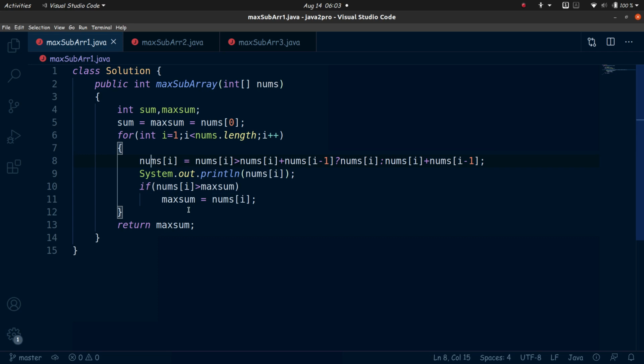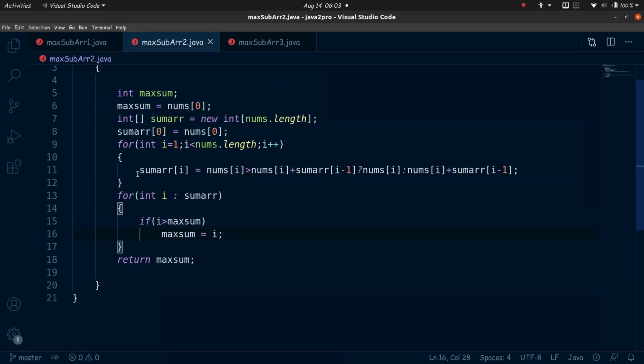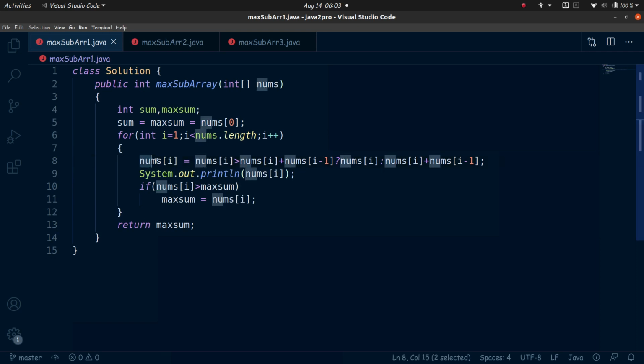The only thing we need from the previous part of the array is the maximum sum up to that point. So instead of storing it in the sum array like here, we are just storing it directly in the nums array itself.